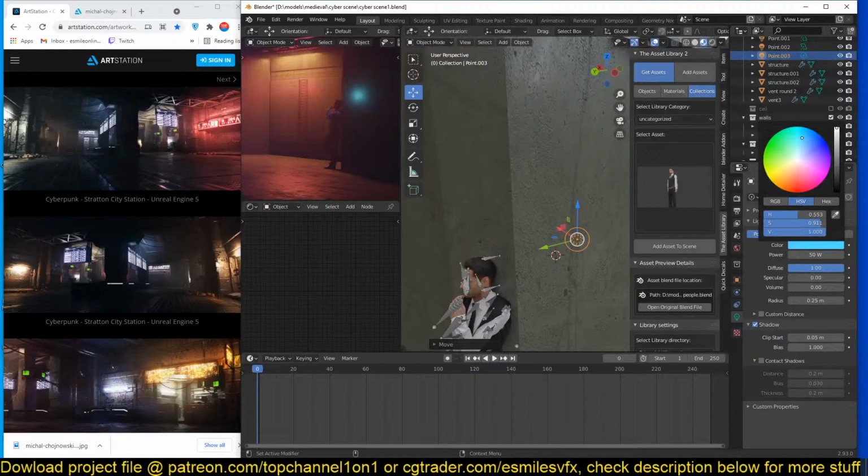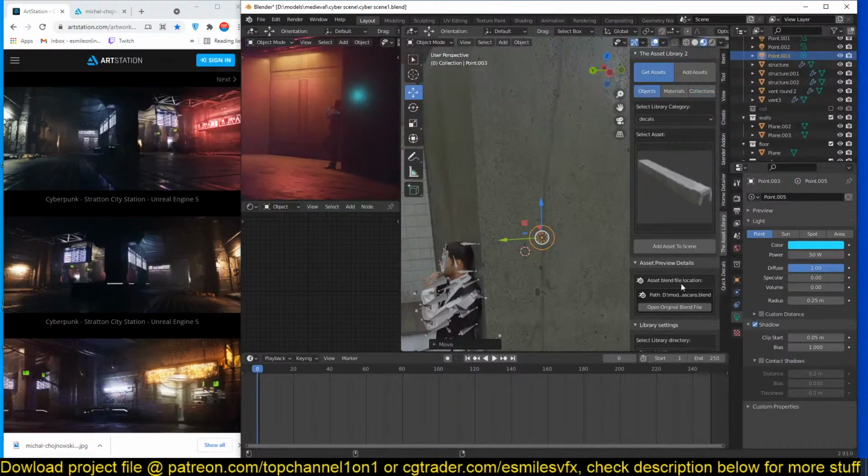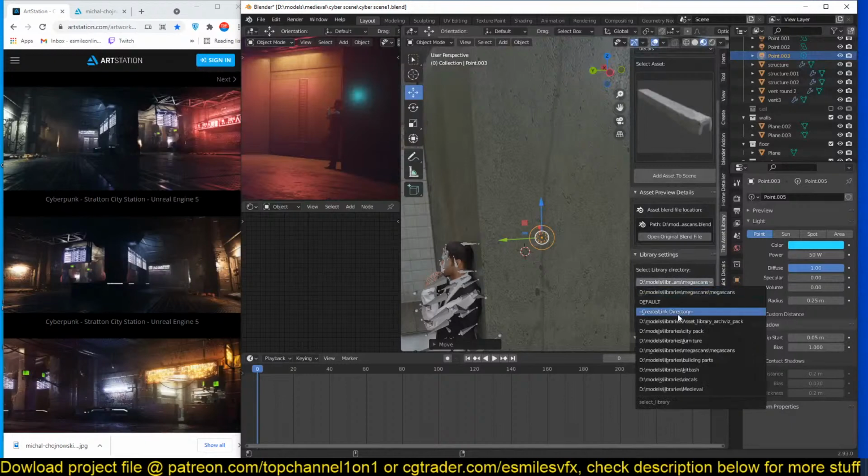I think I can just add a nice light here, if I can get a light to use. So if I go to my decos here,